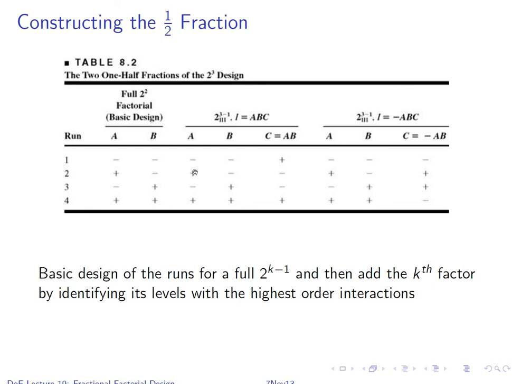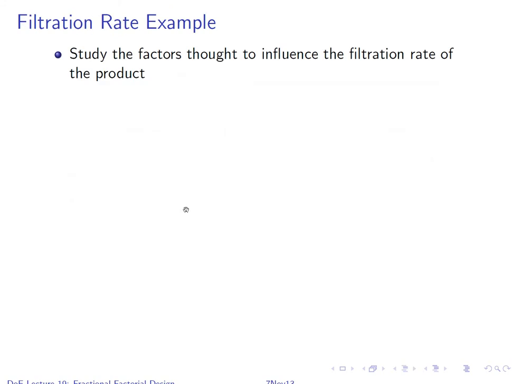Okay? And we say that because A plus ABC has one case where both B and C are high and B and C are low, so that there's interaction between the two, and the other two cases are opposite, so that by inspection of this design matrix you can see that A is confounded only with the two-factor interaction BC. Let's move on to the example, and then I'll finish up with a quick